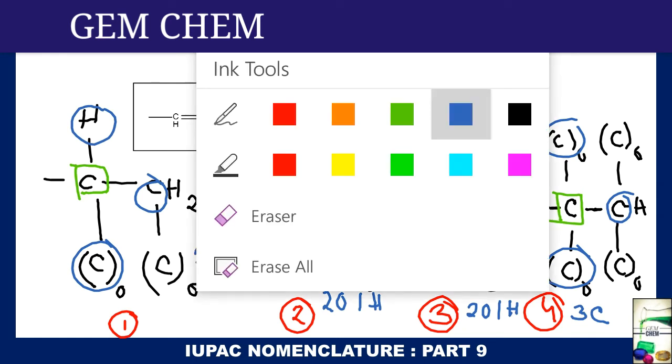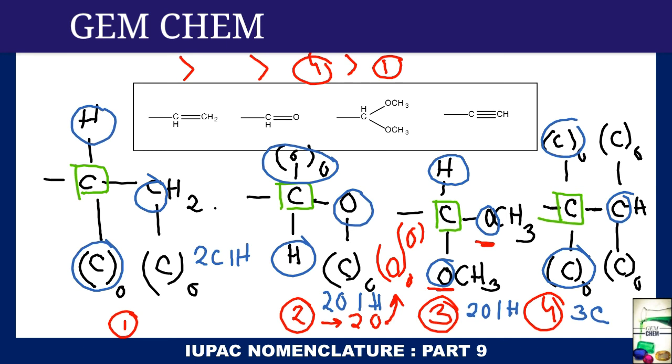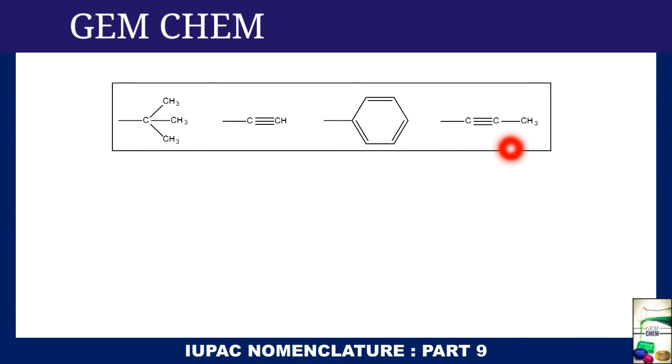So let us write what we have got till now. That is 1 is least prior, then is 4, and then we are going to find out what are the values. Now the next one, which is not mentioned in the CIP rule, is that a phantom atom gets lower priority than an original atom. So if we see for 2, there are 2 oxygen atoms, one of which is a phantom atom and another is original. Whereas in case of 3, there are 2 original oxygen atoms. So 3 will get priority over the 2. So this is our sequence. Now try this on your own, and in the next video I will show the sequence rule for this one.